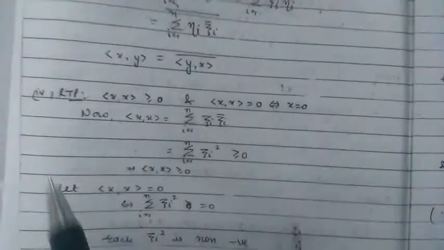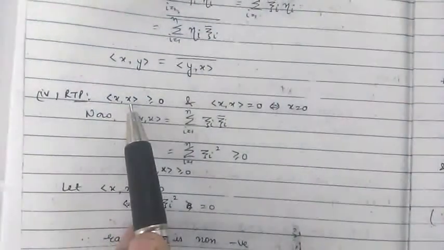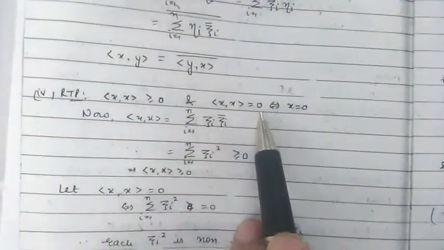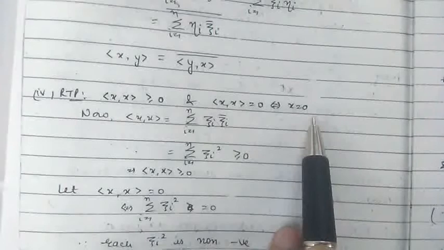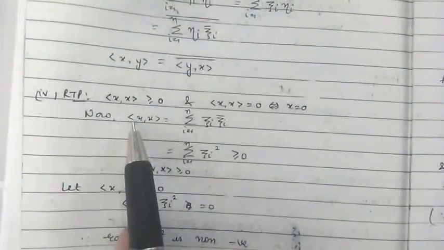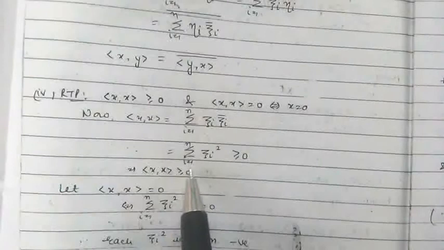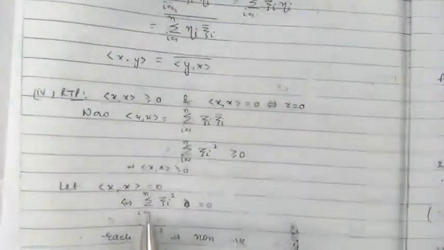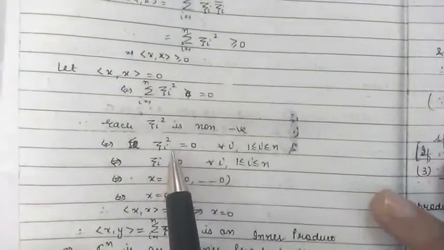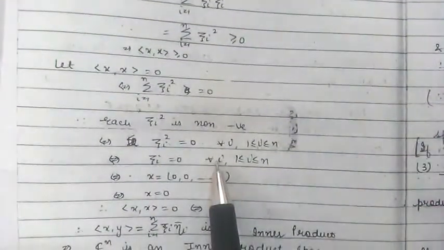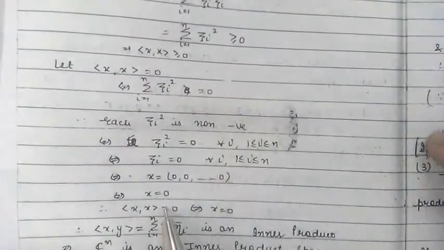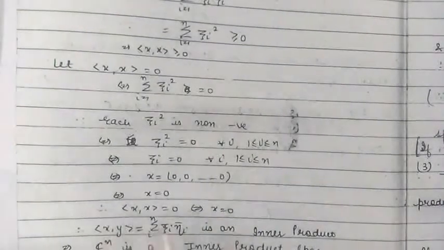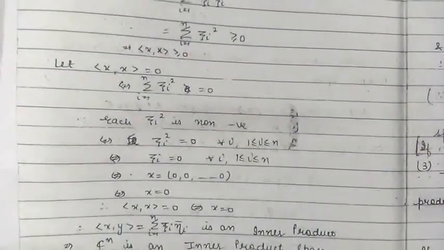The fourth property is non-negativity. Inner product of X with X is greater than or equal to 0, and inner product is 0 if and only if the element itself is 0. Let us take inner product of X with X. Now by definition, this is summation xi square, which is non-negative, and this is 0 if and only if each xi square is 0. So we get xi is equal to 0 for every i, so X will be 0. So we have proved that in this product defined by us, that is inner product, and the space becomes inner